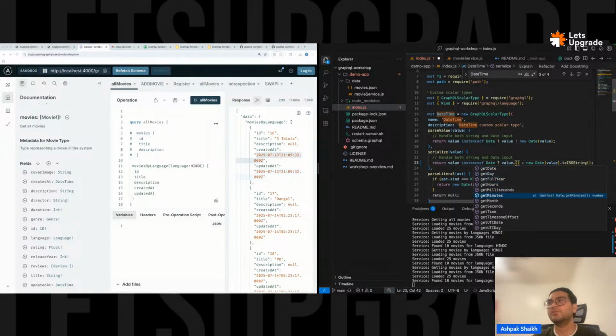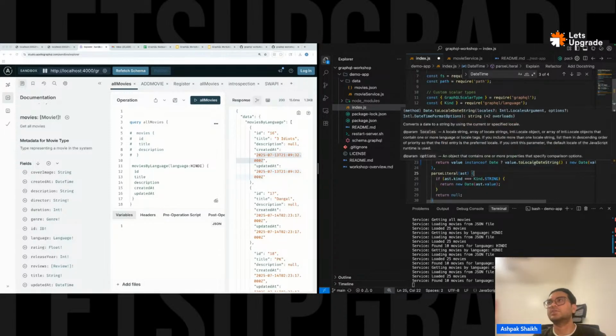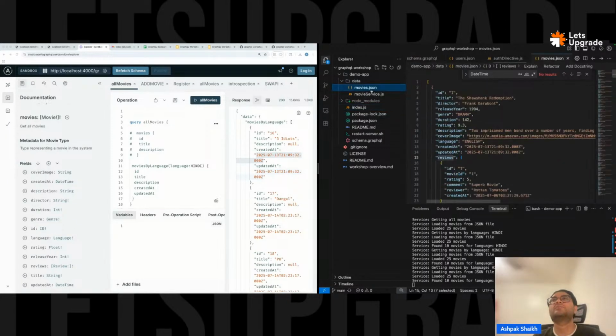Anyone knows the method for any other string? toDateString, maybe toLocaleDateString. Let's do this locally. I don't know what this is going to return, but okay, let's try this. So I changed this to be not ISO string,